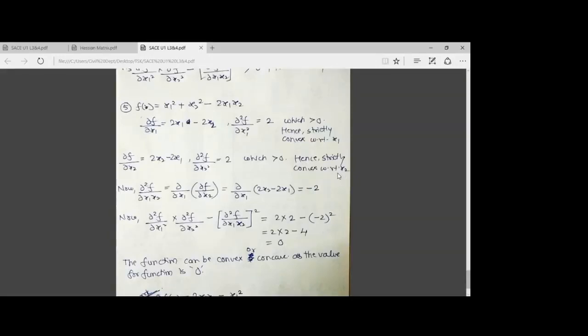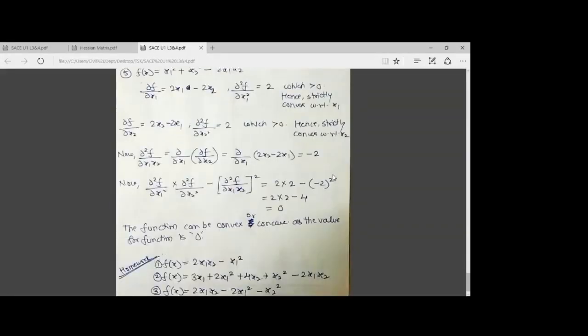Right, now what is our third step? What we have to do is find out the value of del square f upon del x1 x2. So what I've written is del upon del x1 in bracket del f upon del x2, and del f upon del x2 value we already have as twice of x2 minus twice x1. So that value we have put here, and when we do the partial differentiation,